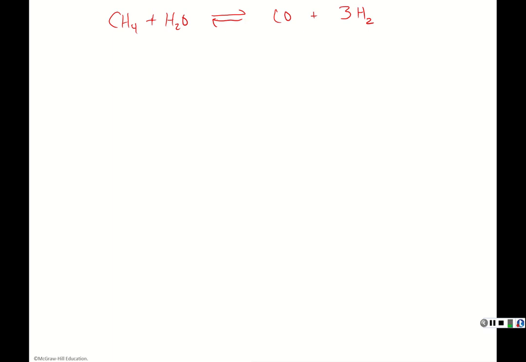Now we're going to write our ICE tables, and we need to calculate